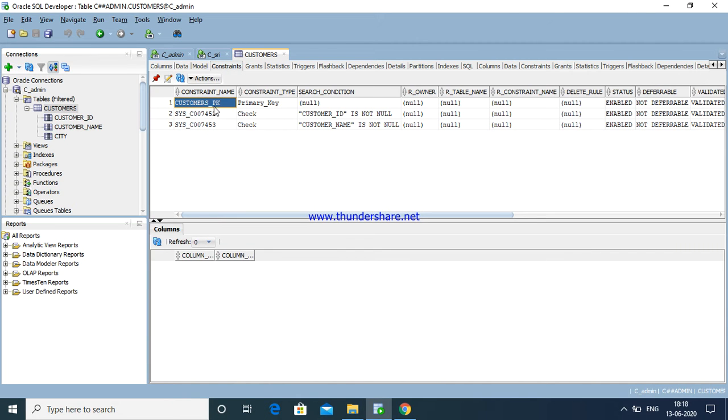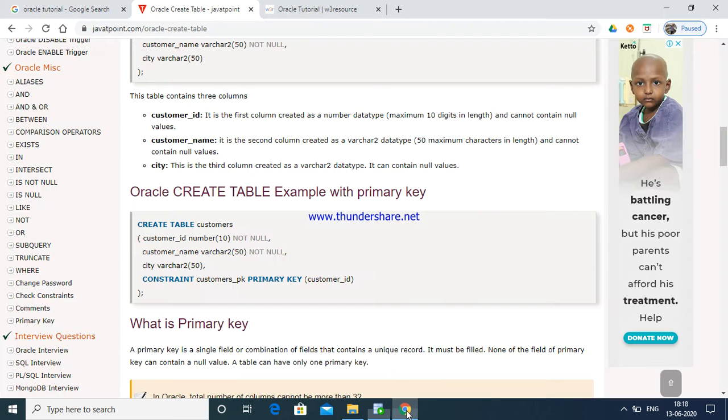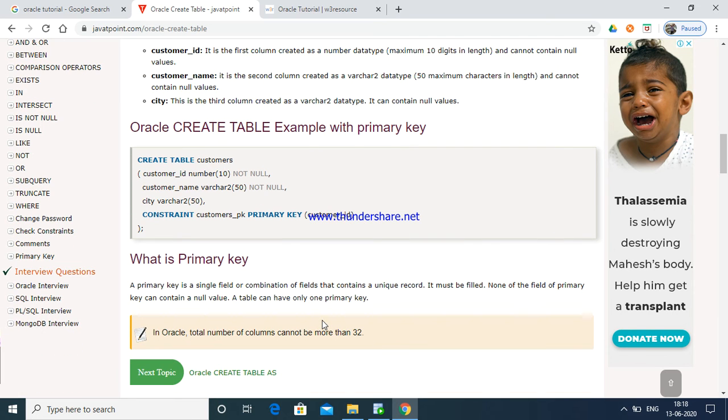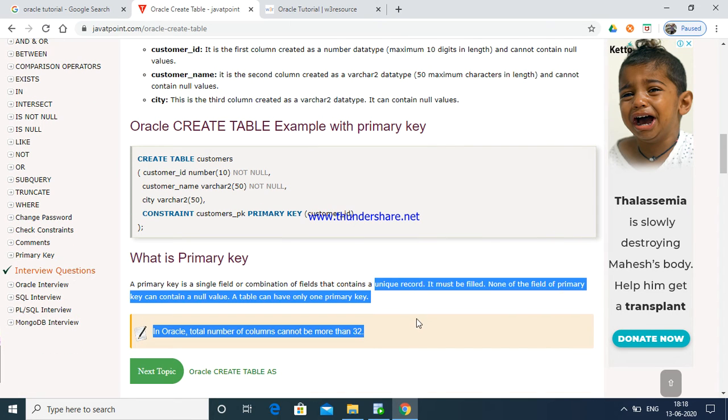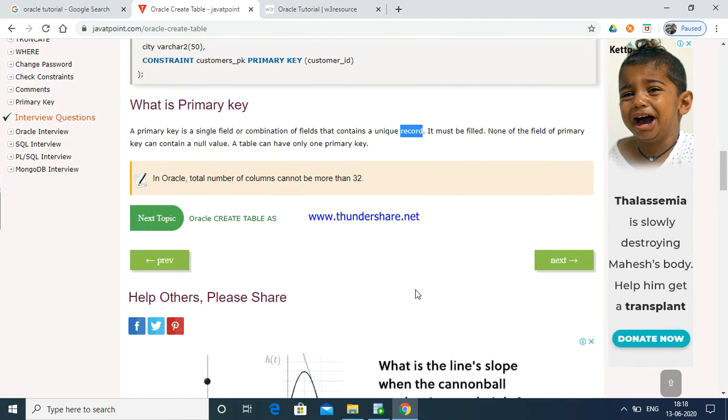See the customer primary key. This is a primary key. See here, the ID is the column at position 1. There is no data, it is empty. Like that, we created tables with a primary key. A primary key is a unique record. The column is unique.